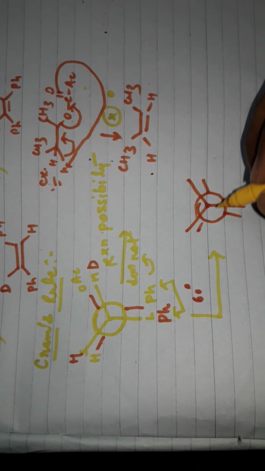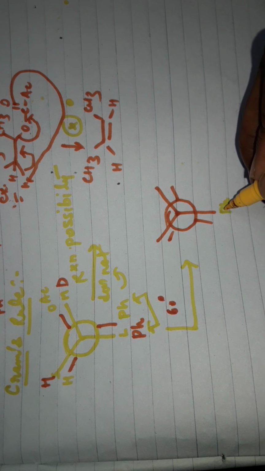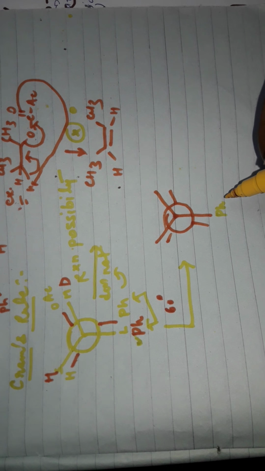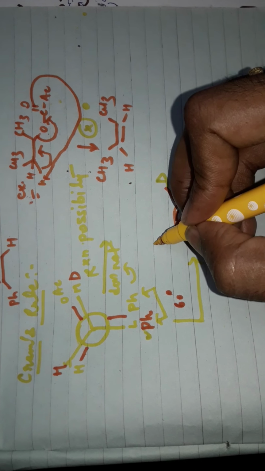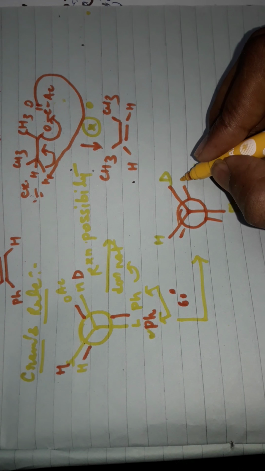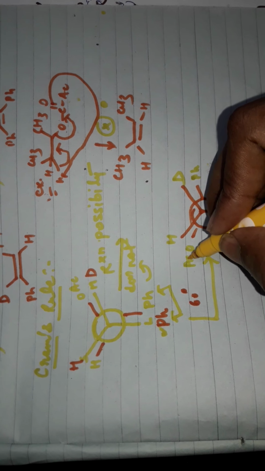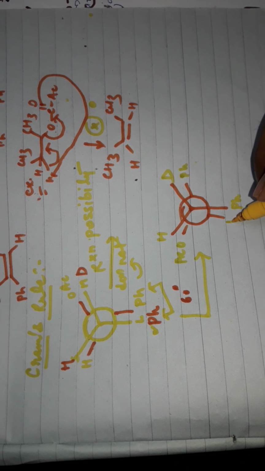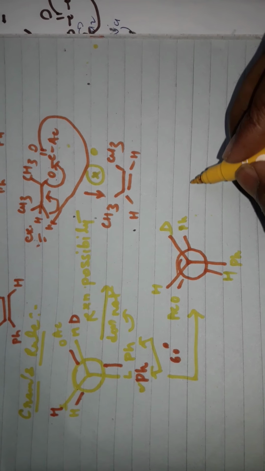So if you see here, this is your Ph. One side will remain as such, so Ph, D and H will be as such. Only in one direction we will move. So Ts goes to this, OAc goes to this, and the remaining one goes to this. Understand? There should be no confusion because we explain very nicely.